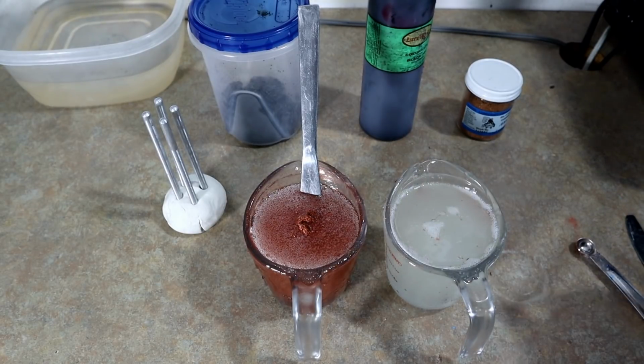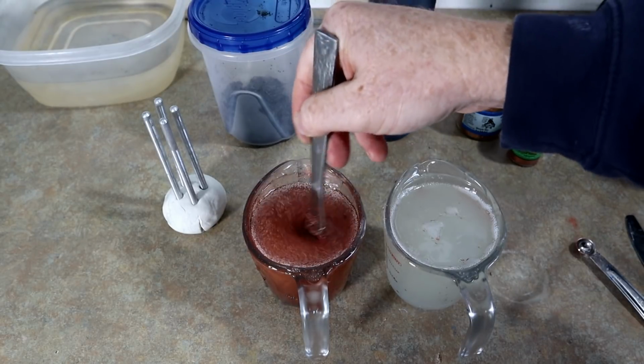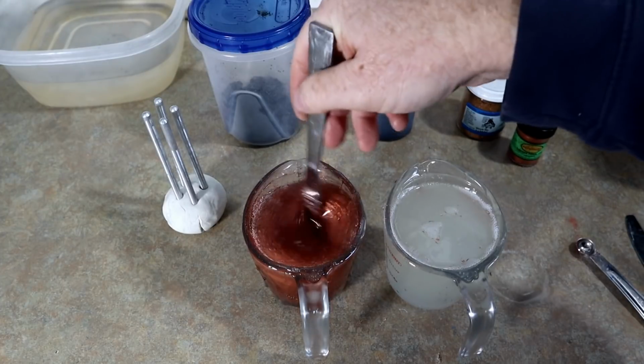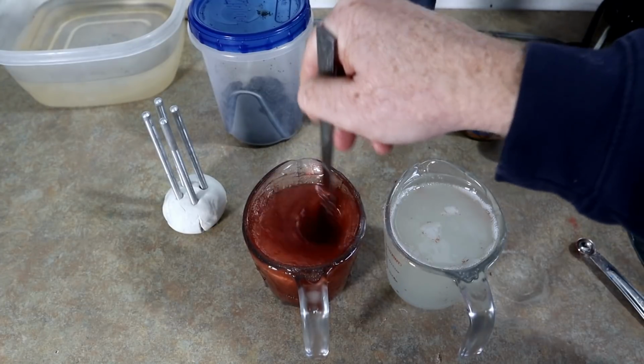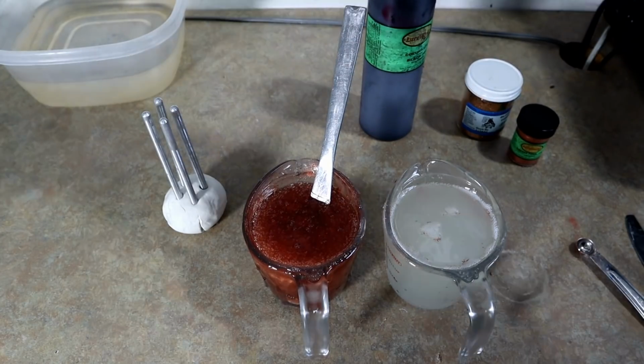Okey-doke. So here we go. Get the rest of that stirred in there. The kicker is getting it off the knife. They make actual stirring rods, which are probably better than Walmart butter knives. Perfect. All right, now we're gonna add some